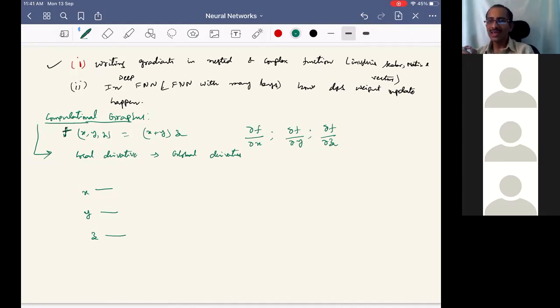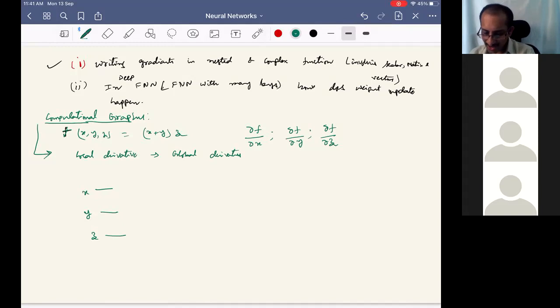So what we do is, for each small operation that constitutes a big final operation, we try to define what the derivative or the inverse operation will be when we are doing backpropagation. That's what is done in computational graphs. We construct a computational graph using each individual small element operation.